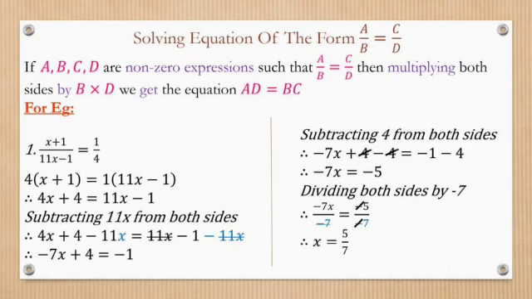Now, you are going to remove what? You are going to remove minus 7 by dividing on both the sides. Correct. So, dividing both sides by minus 7. So, minus 7x upon minus 7 is equal to minus 5 upon minus 7. So, minus 7 gets cancelled. So, x is equal to, here it is minus 5 upon minus 7. So, minus also gets cancelled. So, what is the fraction left? 5 upon 7. So, the value of x is what? x is equal to 5 upon 7.